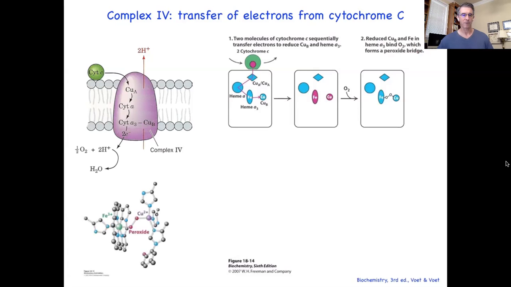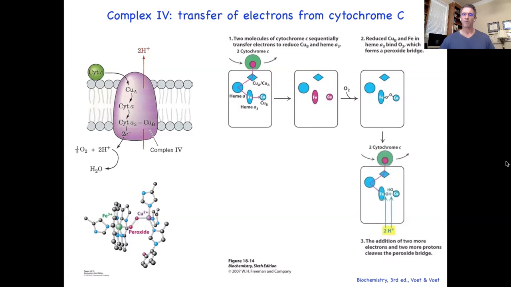In that condition, this peroxide bridge that has begun to reoxidize these two metals results in abstraction of protons out of the matrix. These are sort of chemical protons that are pulled up into the complex,